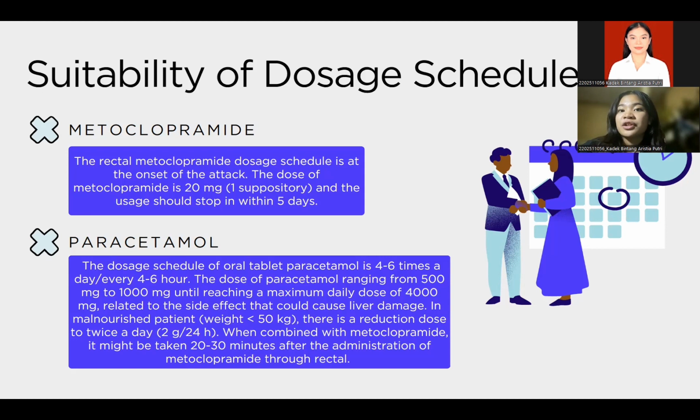The dosage of the oral tablet paracetamol is 4 to 6 times a day, every 4 to 6 hours. The dosage ranges from 500 milligrams to 1,000 milligrams until reaching a maximum daily dose of 4,000 milligrams. This schedule is related to the side effects of paracetamol that could cause liver damage. In malnourished patients weighing below 50 kilograms, there is a cautionary dose reduction to twice a day, 2 grams per